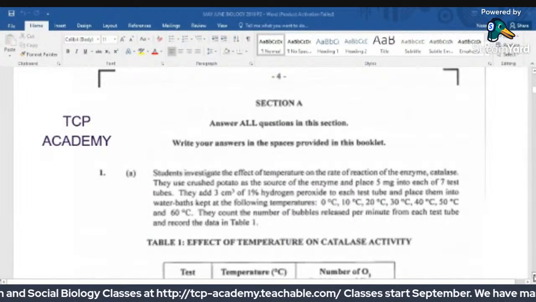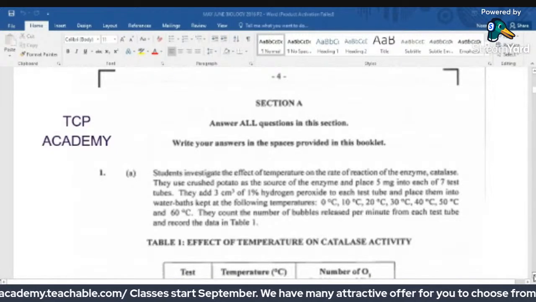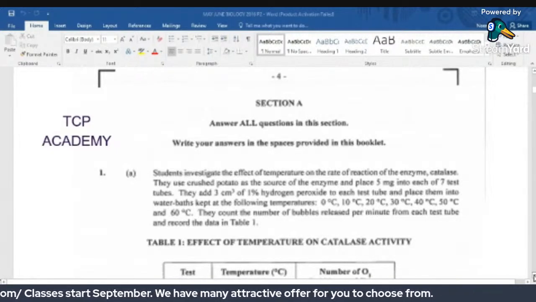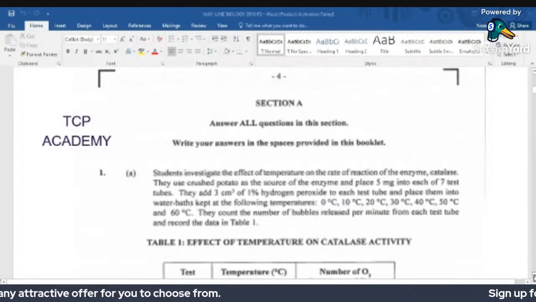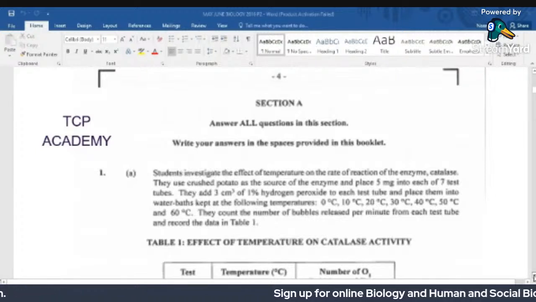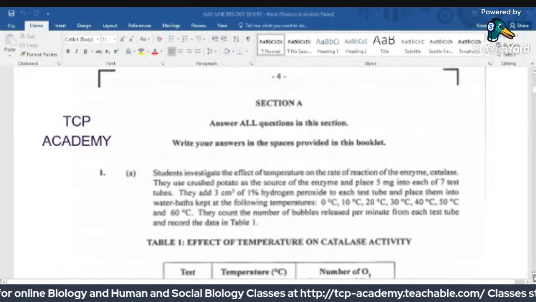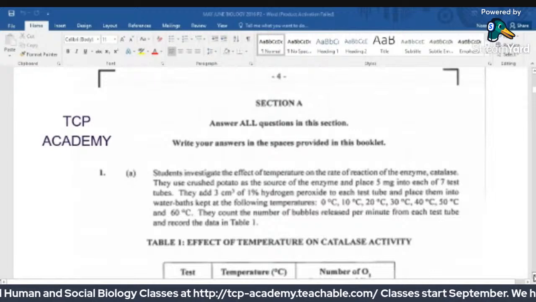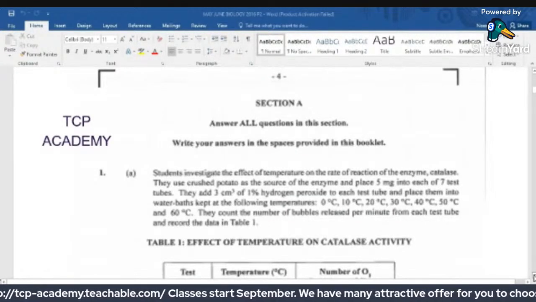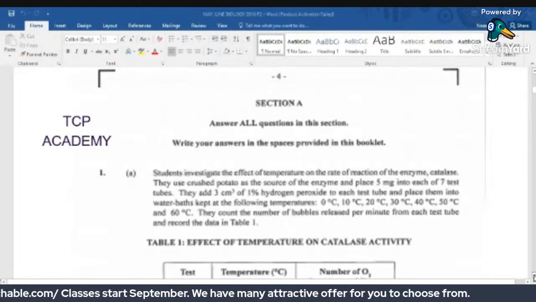Now here you'll realize that in the first sentence you can find the aim for this experiment. They use crushed potato as a source of enzyme and place 5 milligrams into each of 7 test tubes. Here you'll realize that, of course, potato has protein if it contains enzymes. They added 3 centimeter cube of 1% hydrogen peroxide, that is